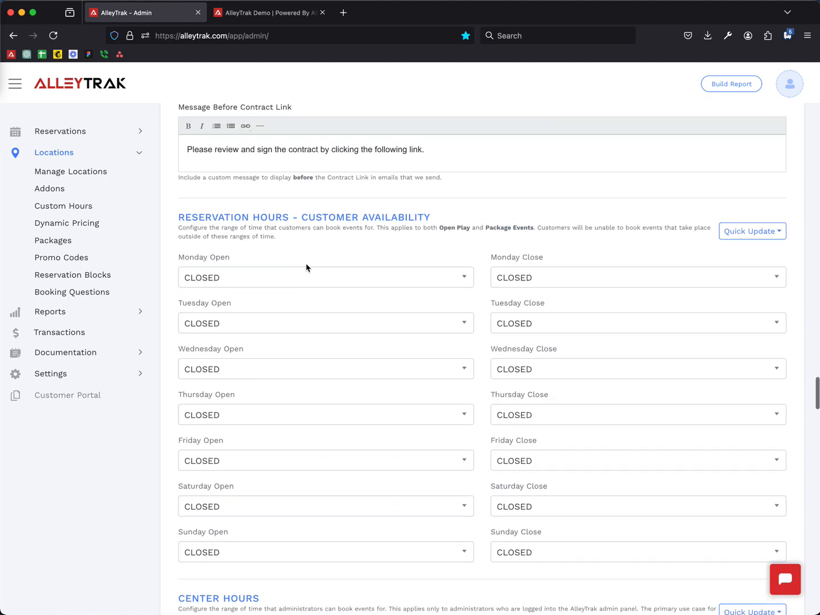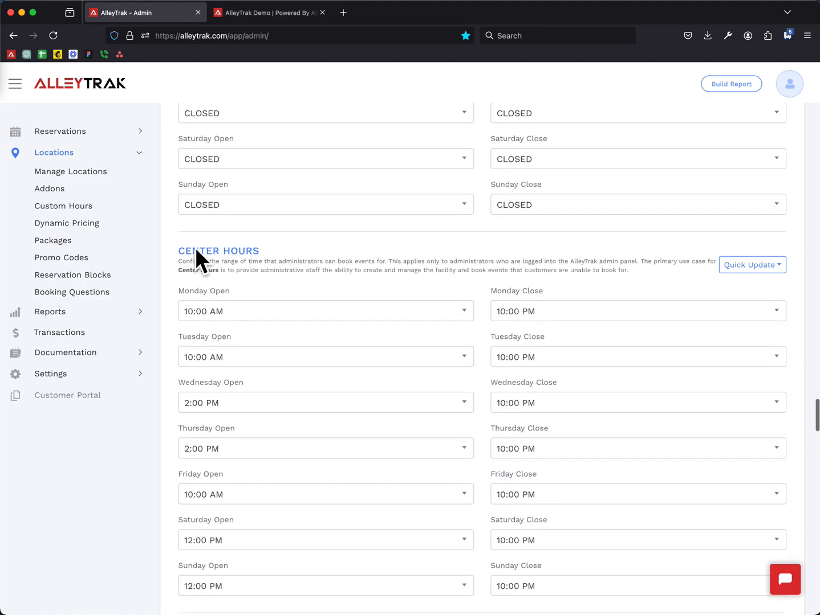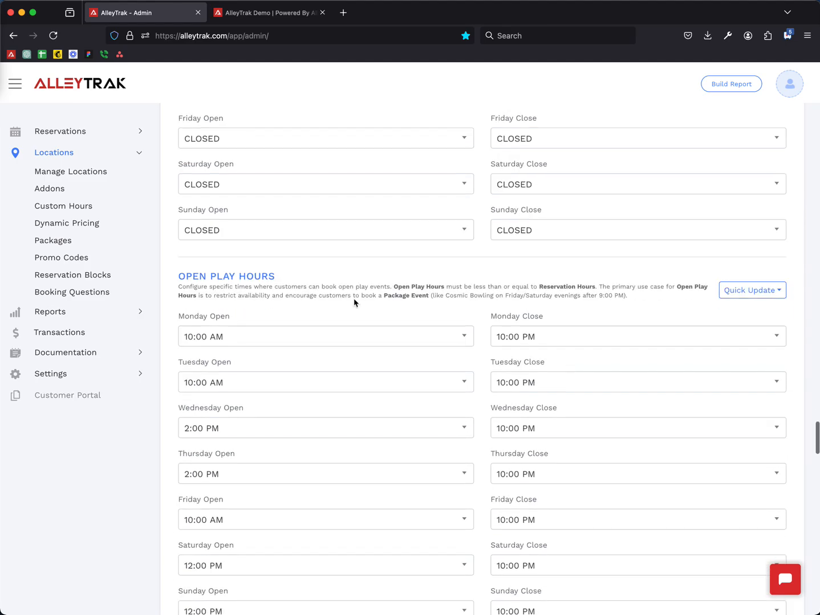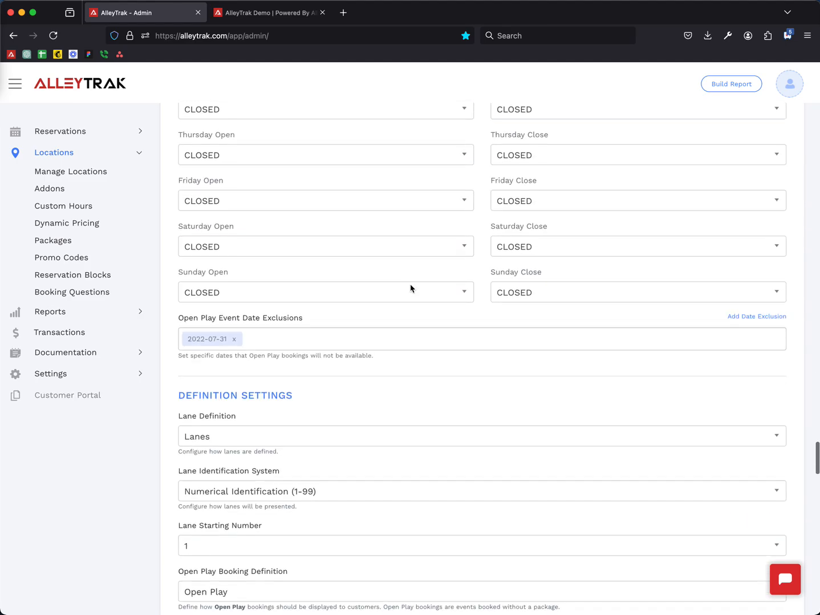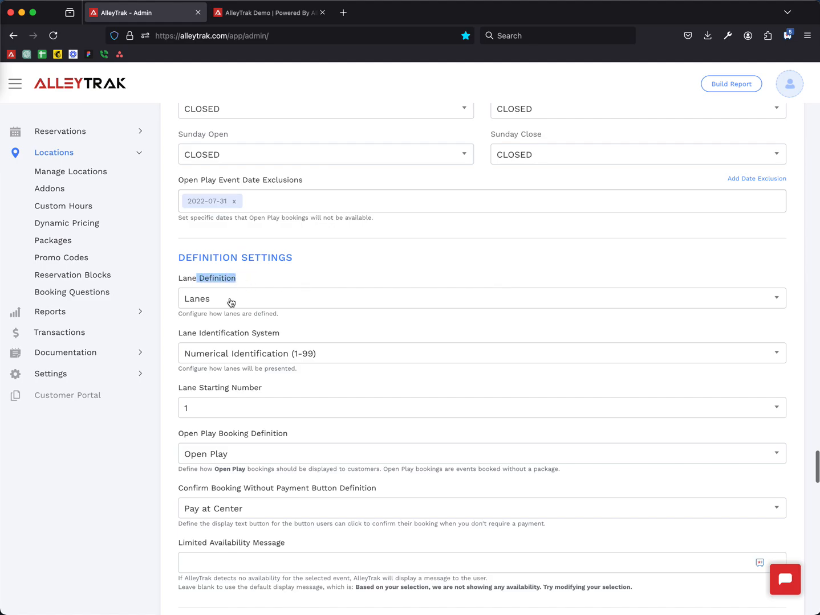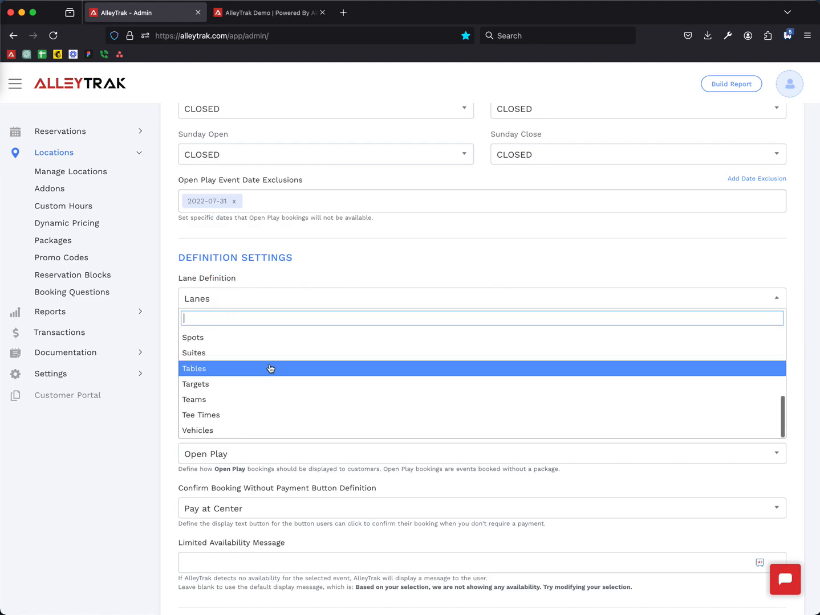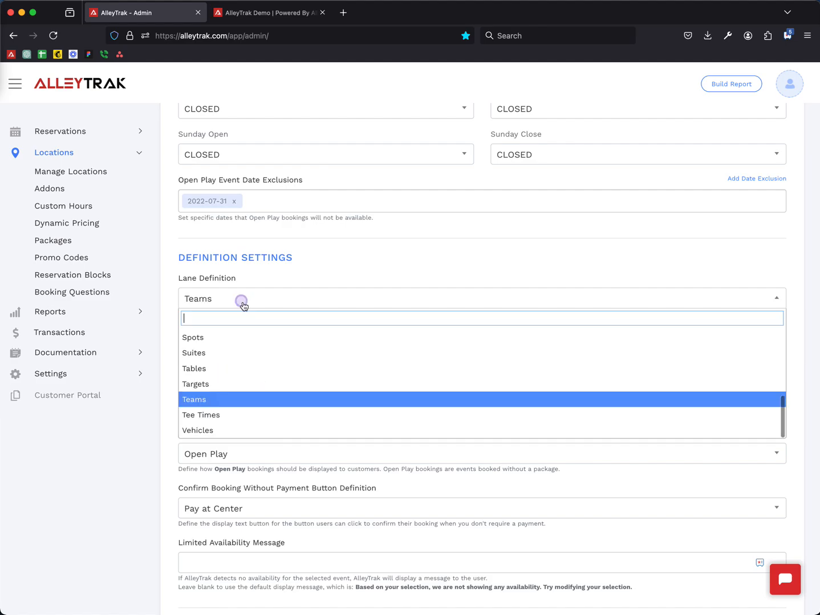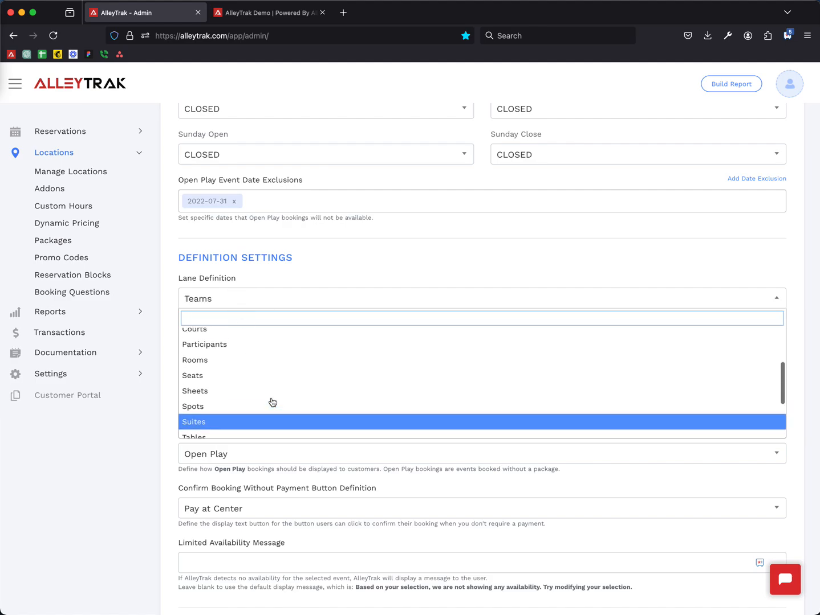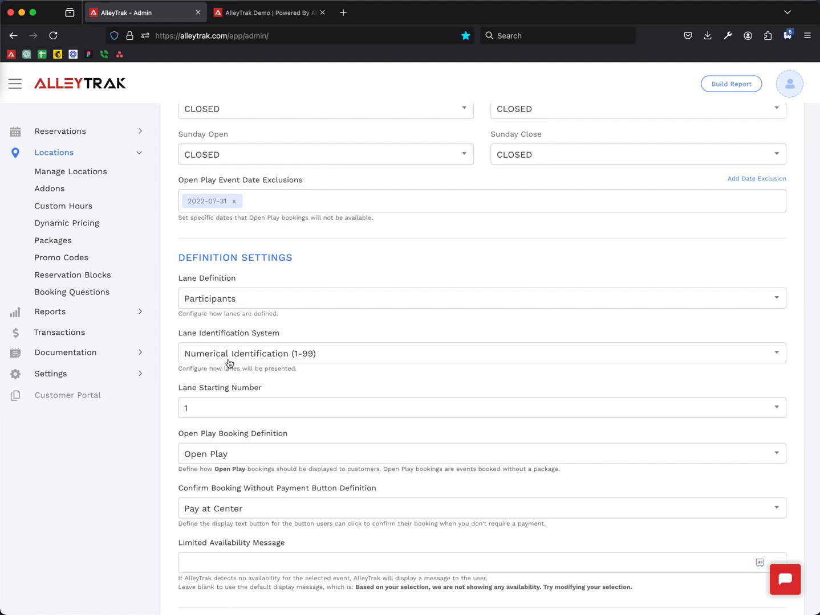And then we would set these reservation hours. You could do the same thing for your center hours. You could use your reservation hours and apply that across the board. Same thing for open play. Now, lane definition is something we'd want to modify. Again, if we were doing a league, we'd probably set this as a team registration. If we are doing a participant for a tournament, we would define it as a participant,